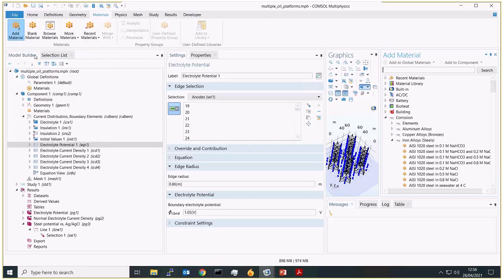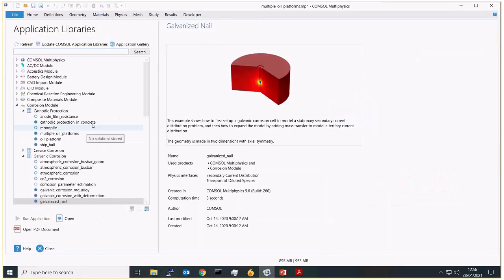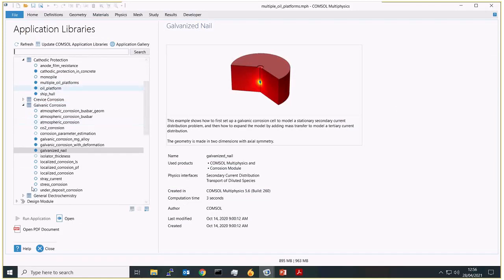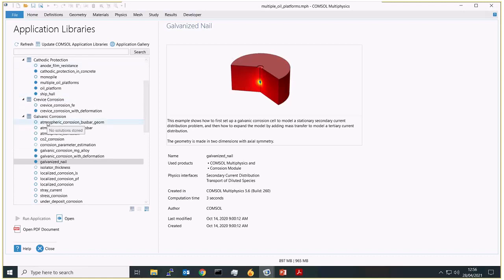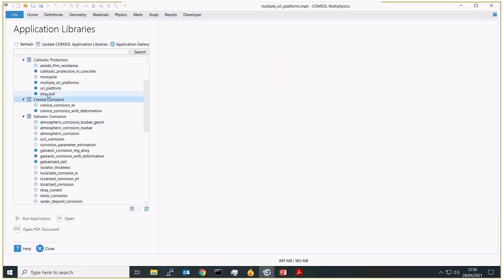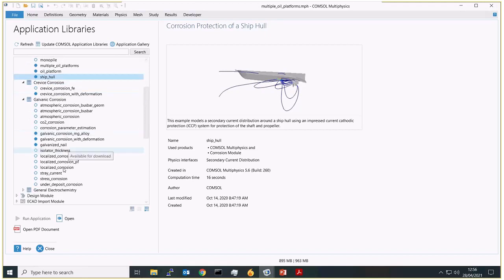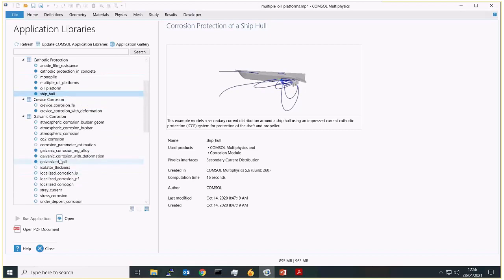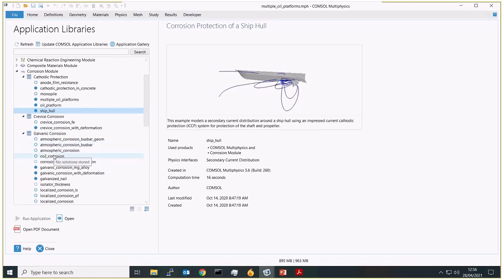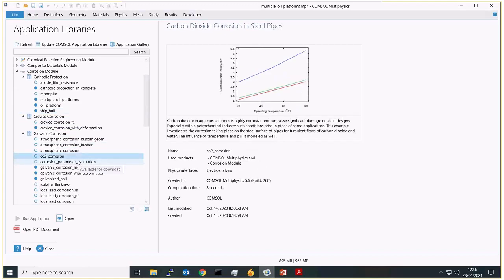We have iron alloys as well, copper. And in terms of how to approach different types of corrosion, the application library does have a number of different types already defined. While perhaps they're not going to match exactly your application, they can be a good starting point in seeing how the model can be set up and defined, particularly for the CO2 corrosion model here for pipeline corrosion as well. Yep. Okay, thank you very much.